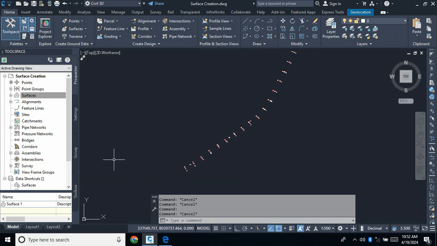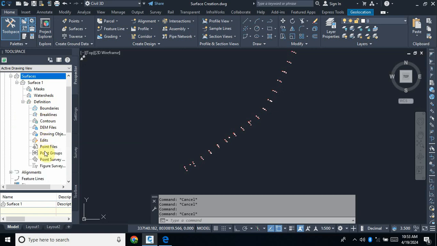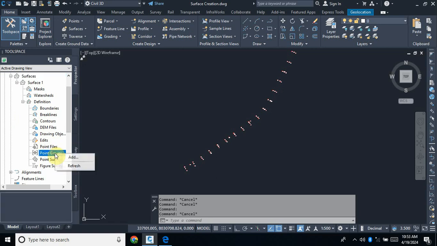So then from there you come on to Surface, you expand this button, then from there you expand. As you can see, our Surface 1 has been created. So you expand this button, then you navigate to Definition, you expand this button, then from there you scroll down, then you go where it says Point Group Properties. Here are my point group properties. You select it, you right click, then you